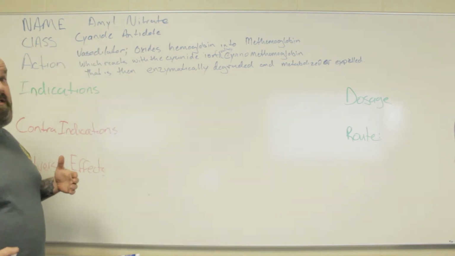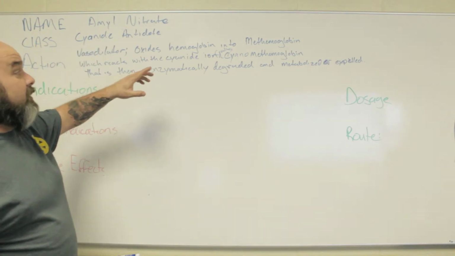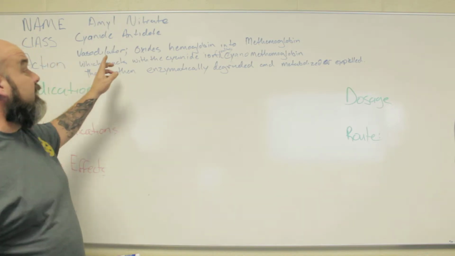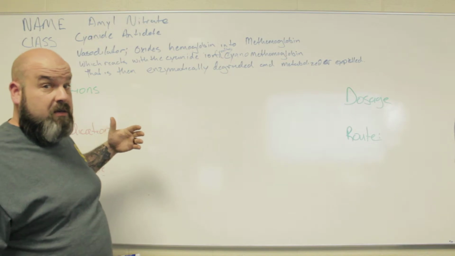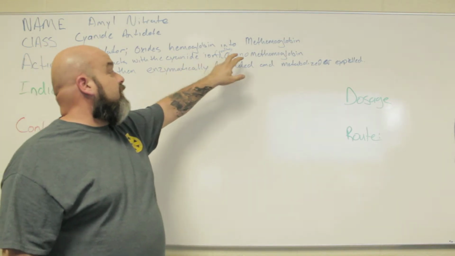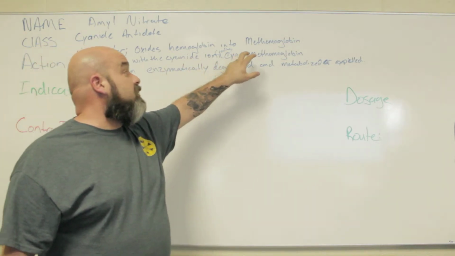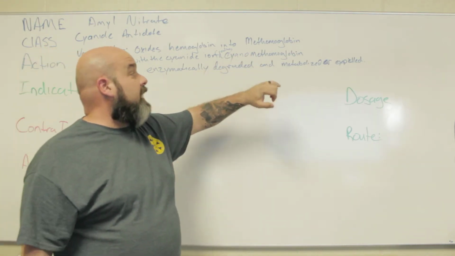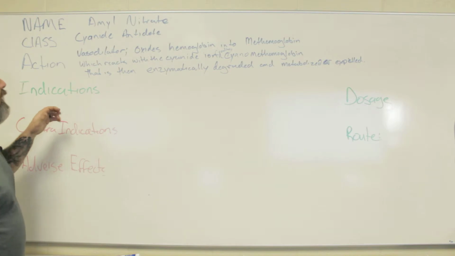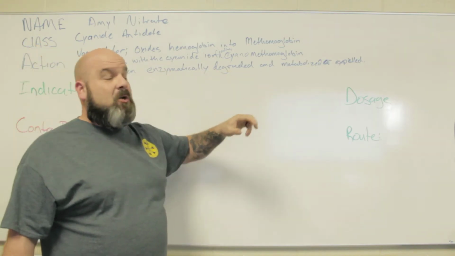So basically what it's doing is we oxidize the hemoglobin to methemoglobin, okay? Then it is combining, which says reacts with, but it's chemistry, right? So it's a reaction. In turn, the cyanide ion becomes cyanomethemoglobin, that is then enzymatically degraded,